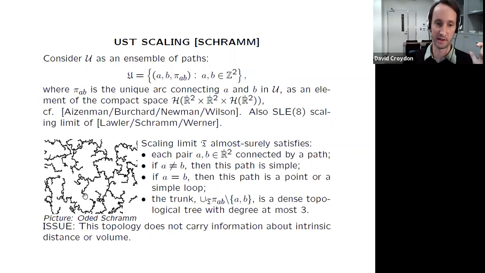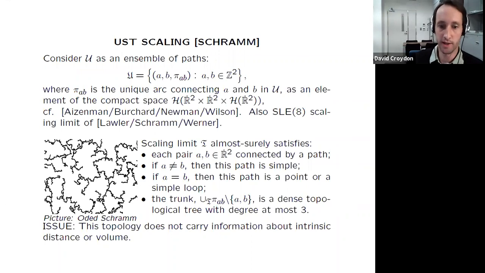So maybe if we take this point and this point, we get one SLE2. If we add a third point, we get some SLE2 that runs until it hits what we've already constructed, and so on. So we get this kind of Wilson's algorithm in the continuum. And actually, in his paper, he also gave an argument that if we want to describe the Peano curve that goes around the edge of the uniform spanning tree, so we just draw the continuous curve that maps around the edge of this tree, then this has an SLE8 scaling limit. So it's also described within this SLE8 framework. And so this was Schramm's contribution in this direction, which of course is very substantial.